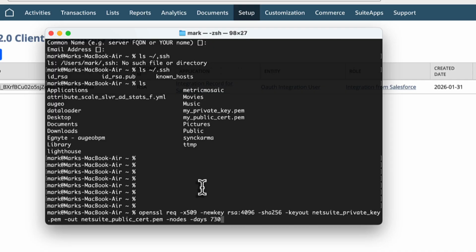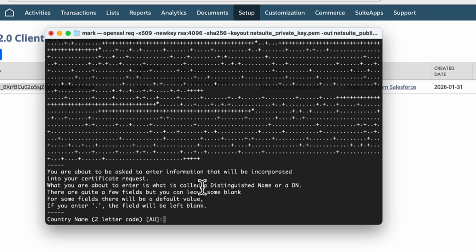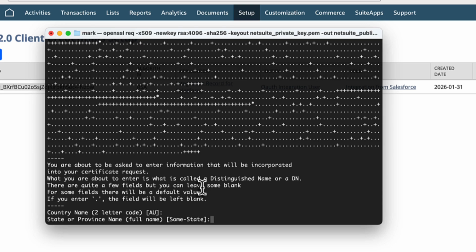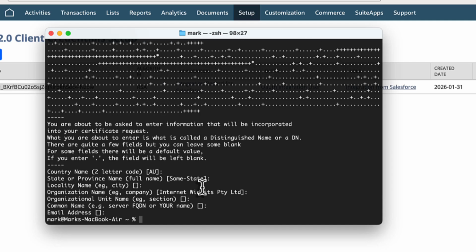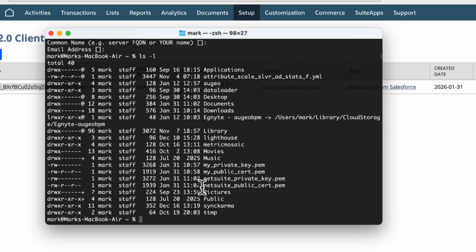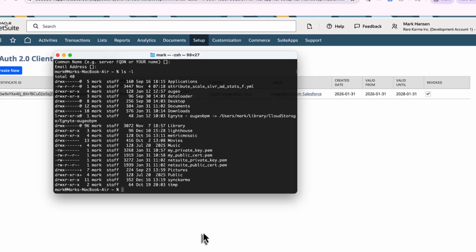And you can find the details for this in the blog post, but I'm just going to run that. And then it asks a bunch of stuff about country and stuff, which is not relevant. So then you can see that the keys have been created here: NetSuite private key.pem and NetSuite public cert.pem. And now we can try again,